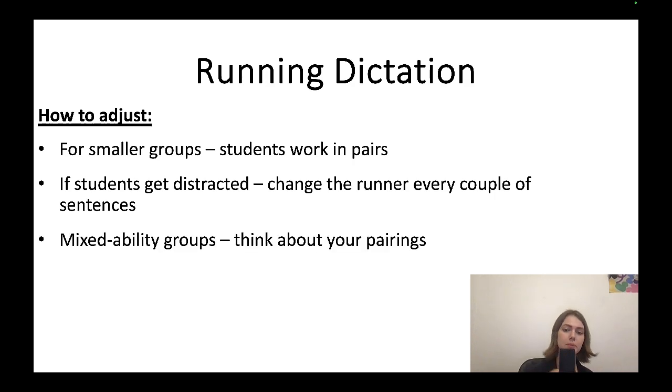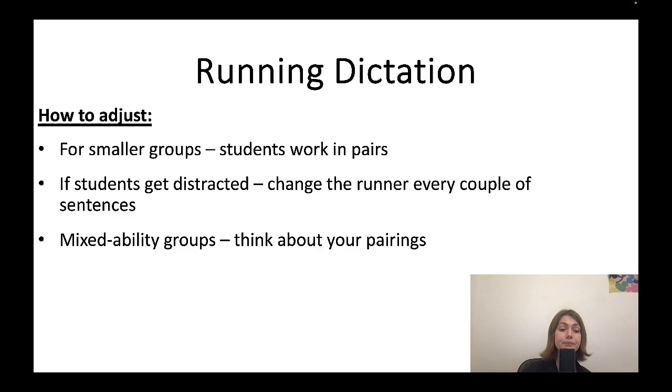It could be nice to keep the pace going and make sure that everyone's listening and everyone is doing the thing. For your mixed ability groups, think about your pairings and think about who the runner is and who is going to end up writing. Because if somebody is a slow writer, you don't want to demotivate the person by showing them that, oh, well, look, you write slower than everybody else in this class. So just being mindful of that. Obviously, trying to make all groups more or less equal. So if you've got a stronger student in one group, make sure that another group also has somebody stronger, and maybe making those runners that would make sense, because they could offer some peer teaching to those who struggle a